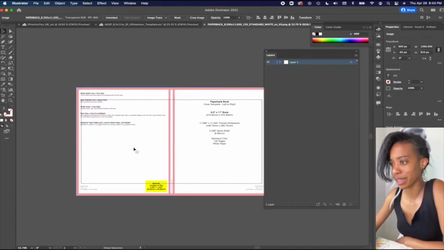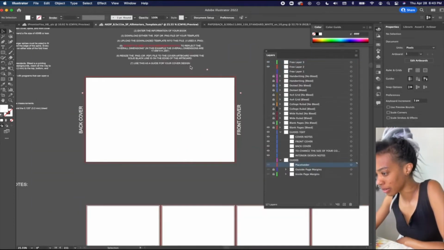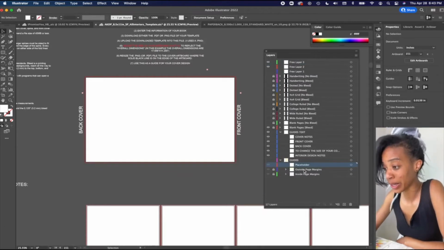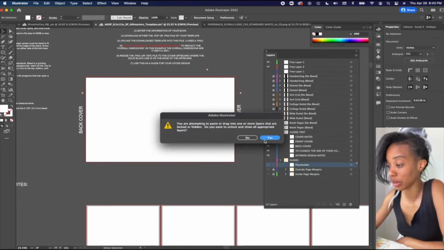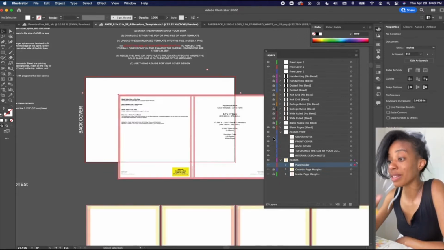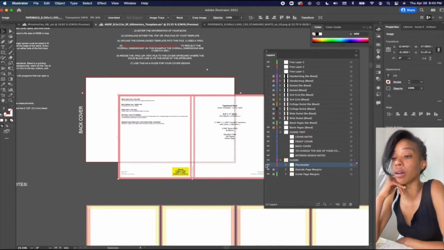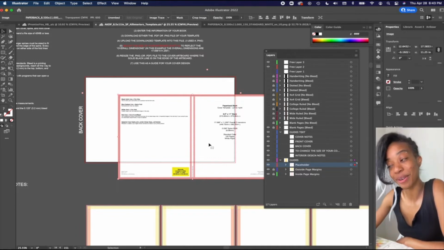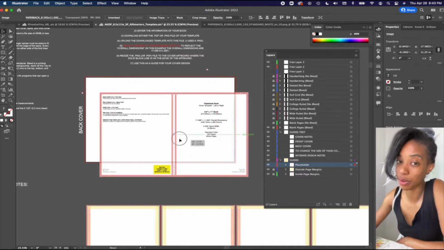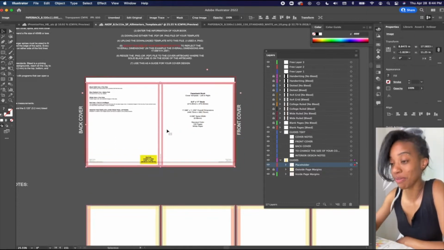So usually when I get this issue, it's because I'm trying to send something to a locked layer, but this layer isn't locked, so I'm surprised. So I'll just copy it from, oh, it is locked. Oh, it's not turned on. Oh. The more you know, right? Well, your layer has to be turned on and it cannot be locked in order for you to drag and drop. So now that we've resolved that issue,